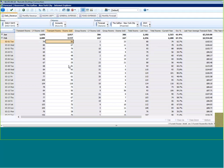Now, in this case, we've preloaded the forecast with a budget number. Some clients decide they don't want to do that. They want to start from a zero-based forecast, and you can definitely do that if you want to. At this point, you'd come in and you'd update the numbers. So if I want to update the 56 to 62 and the 67 on the second to 71, I can